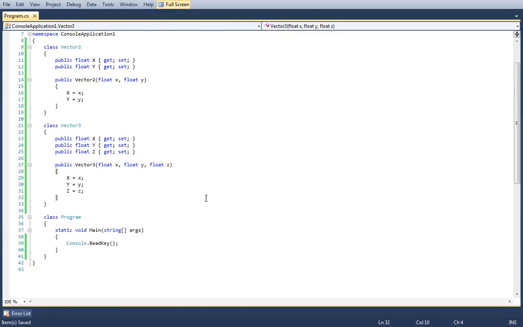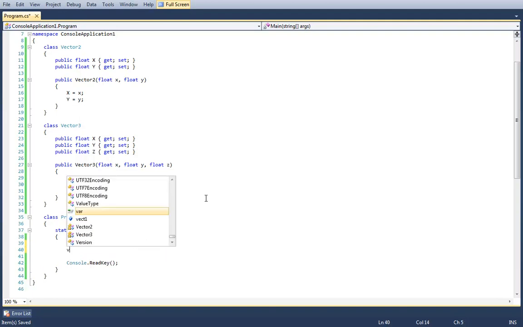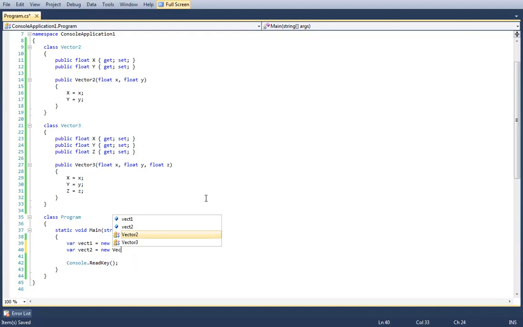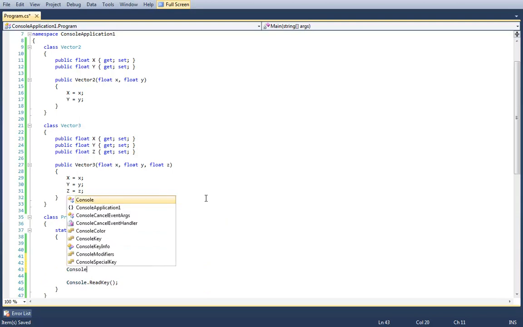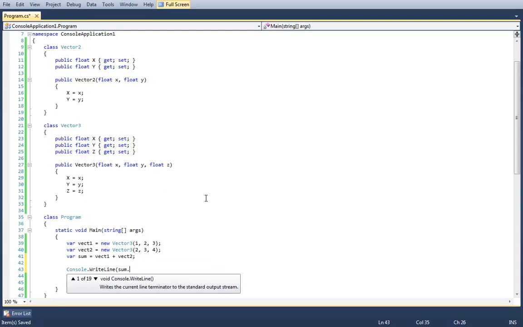Okay, so what happens if you try now in main to add 2 of your vector 3s? That's as easy as you'll get. What is the output to this program?